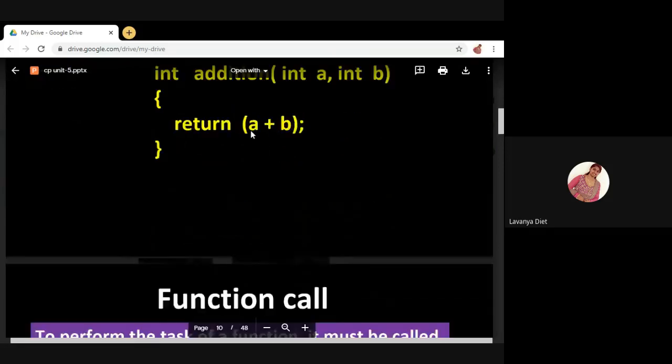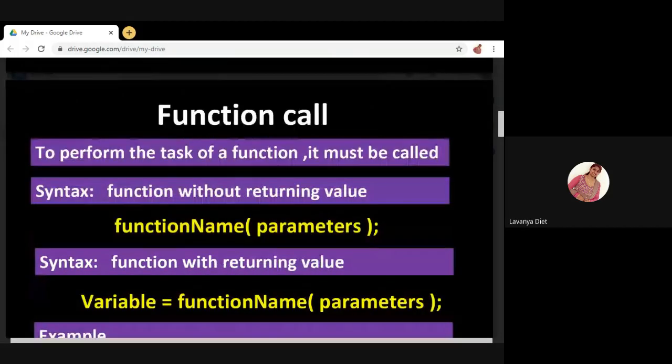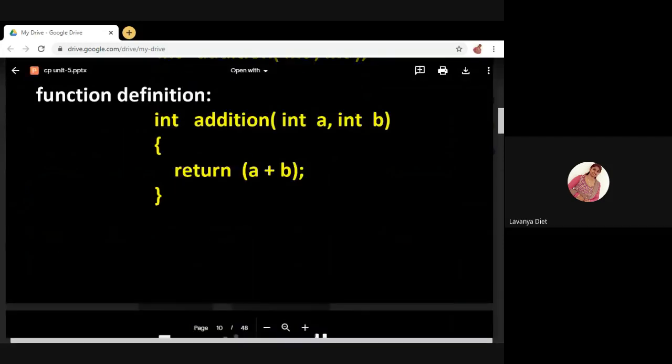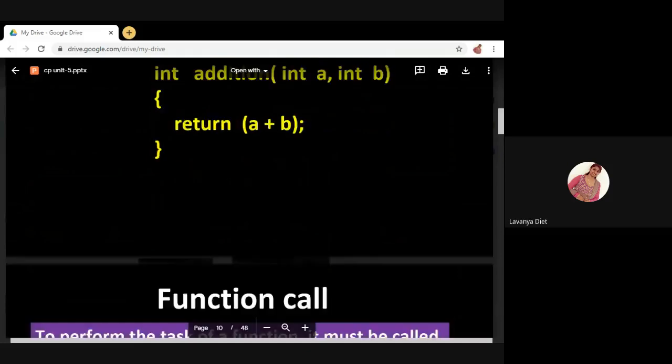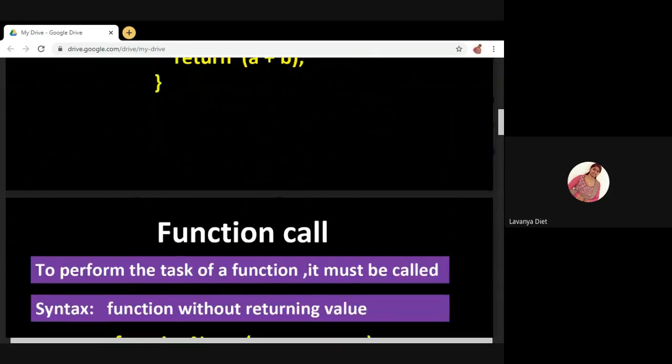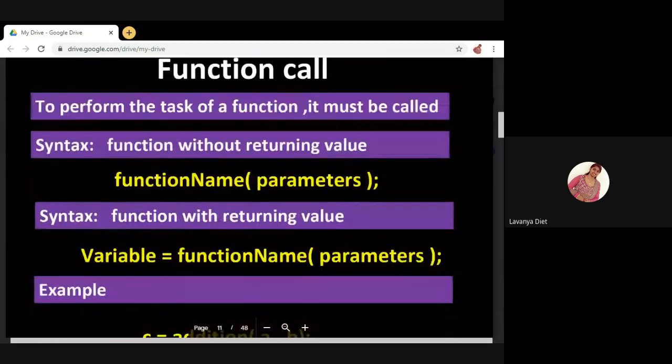Okay, next, function call. See, you have declared the function and you have written the function definition. Now this set of statements inside the function must be executed. If you want to execute this function, you must call the function in your main program.